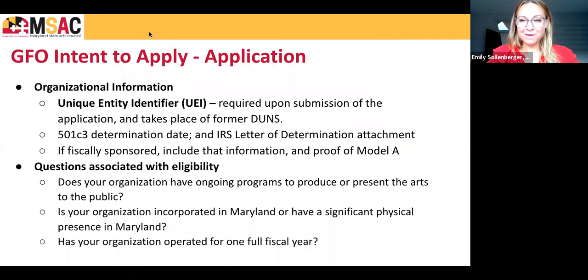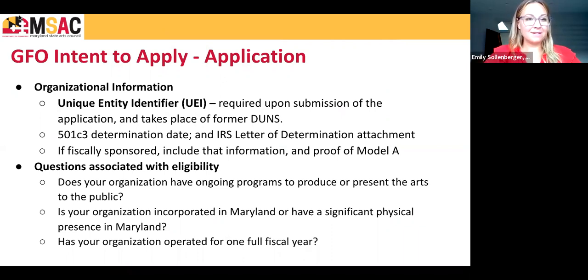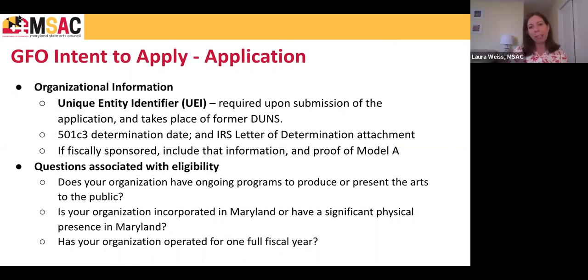All right, Laura, I'm going to pass it back to you to get into the application. All right, great. Thanks so much, Emily. So the application itself will be completed in Smart Simple, which is our grants platform, and we'll go through that registration process at the end here. But there are different things that are required as part of the application. Most of this is really questions associated with eligibility. That's the primary intent with the intent to apply, is to make sure that you are indeed eligible for the